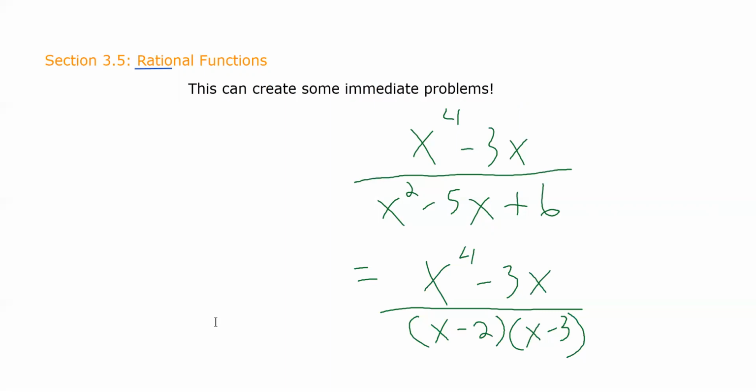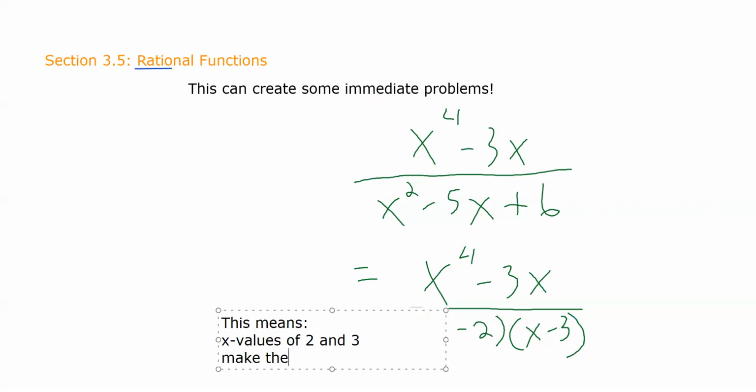And then what this means is that x values of positive 2 and positive 3 make the denominator go to 0. You plug a 2 into this polynomial here, it might do something on top. It may not be 0 on top, but it's going to be 0 on bottom, which is going to be a huge problem,